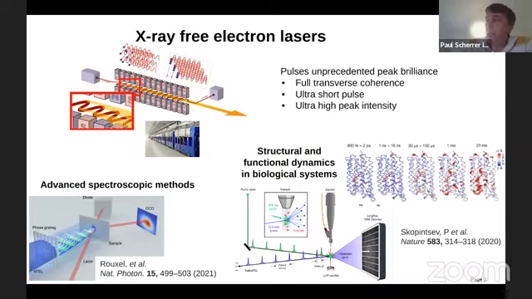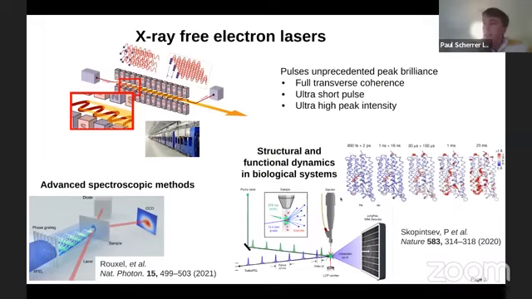And then with these high peak brilliance pulses, we use them for a range of applications to study biological, physical, and chemical systems, where with a high peak brilliance, we can develop new spectroscopic methods where we can take key advantage of the site specificity that we have with X-ray photons. So just a couple of examples here are developing new spectroscopic methods to take advantage of the short pulse of our X-rays, and also